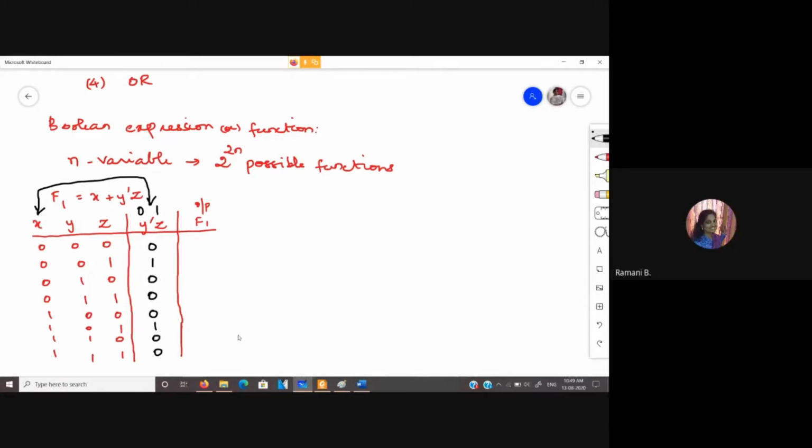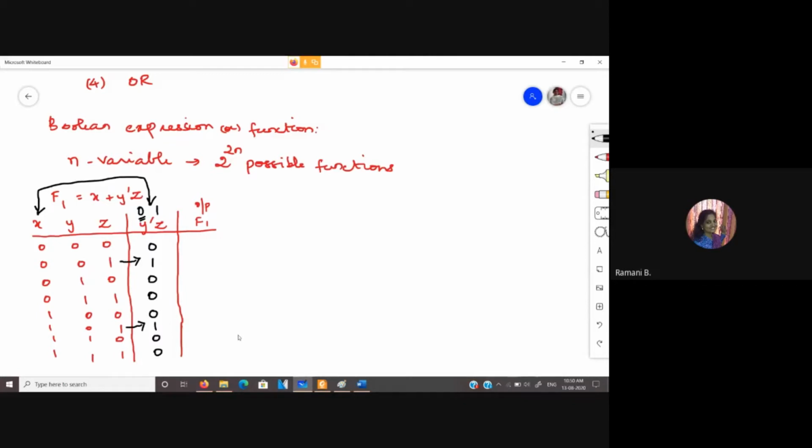Y bar implies the value of y should be equal to 0. Okay? Y should be 0. That means y bar will be 1. Right? Not get complement function. Yes, ma'am. And z is equal to 1. So if I have y is equal to 0 and z is equal to 1, I will have a 1 in those places because y bar will make a 1 and the AND gate will give me the output 1. Okay, ma'am. Okay, that is the logic.